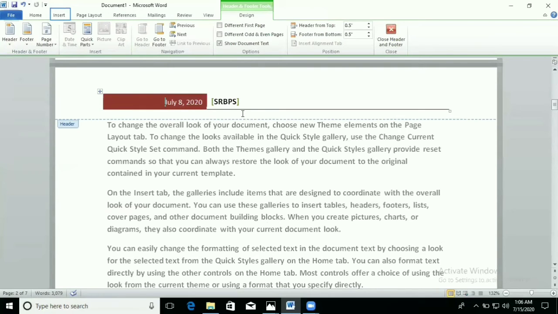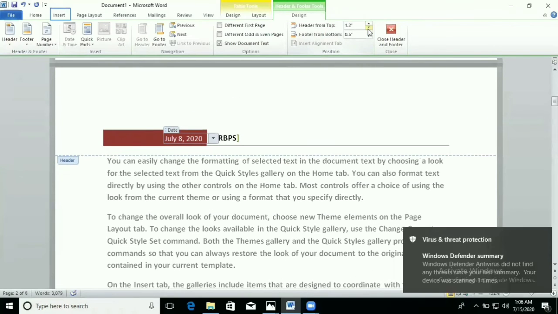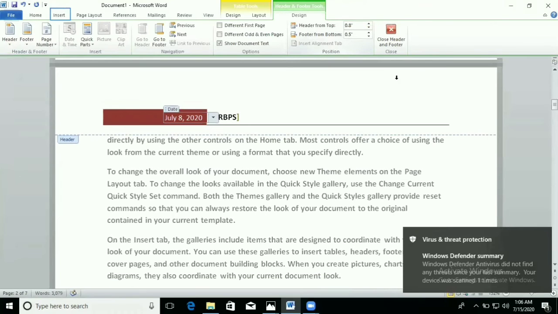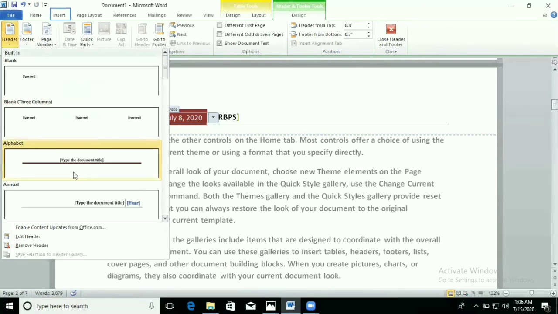If you want to increase the header area, you can increase from here. If you want to decrease it, you can decrease it. Same like that, for the footer area, for decreasing this arrow and for increasing this arrow will be used. So by using this method, we can do it. If we want to remove, we will just click on the header. If you want to remove the header,